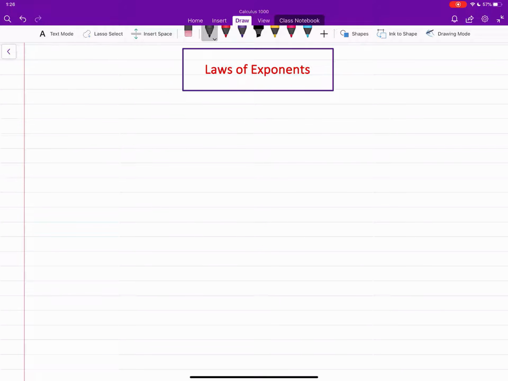Hi, in this video we will quickly review how the exponential expressions are defined and what the laws of exponents are. Well, let us assume that we have a positive real number,